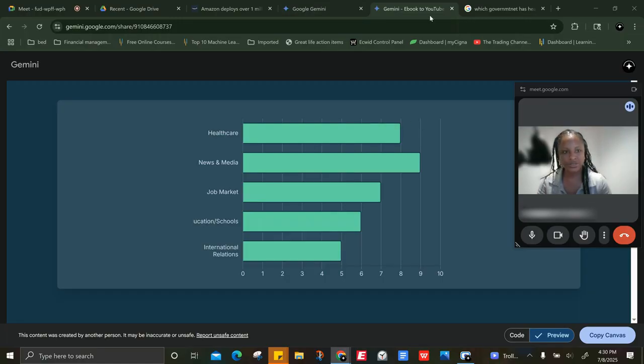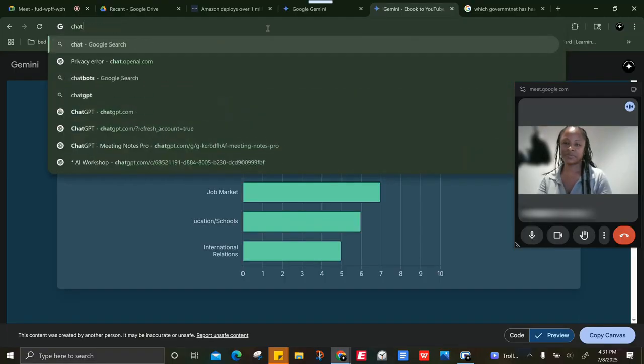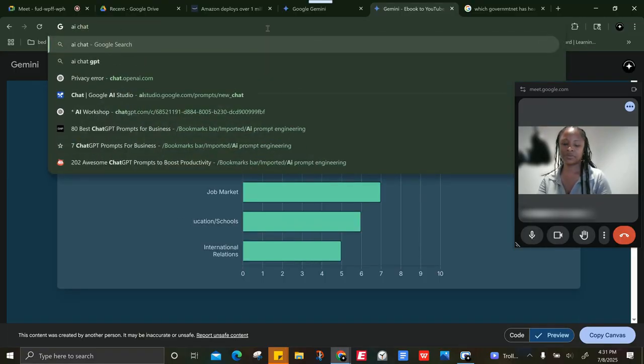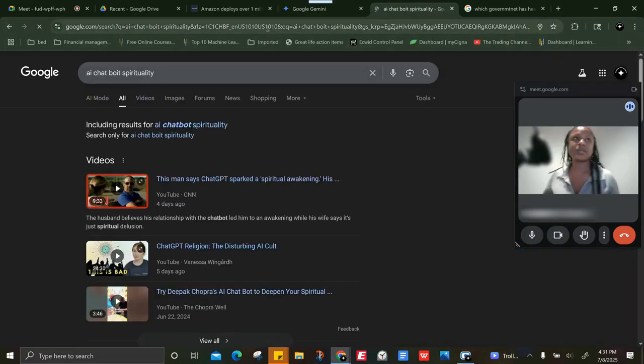Let me just do the research real quick with you because I've seen videos where people are getting very spiritually connected to these chatbots. I mean, there are people using AI already, anyways, to help them write sermons and things like that, like pastors or people who have to preach, which I think it's fine because it helps you do the work. You already knew the word and you knew what to write, but you just don't want to write it. I think it's fine, but it's these